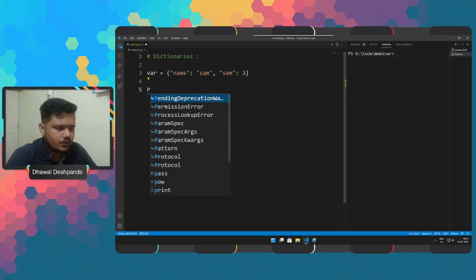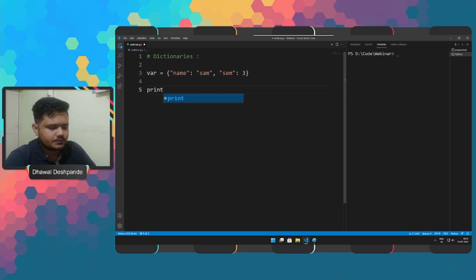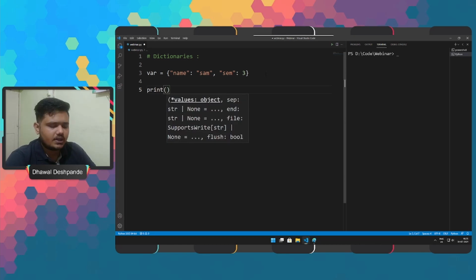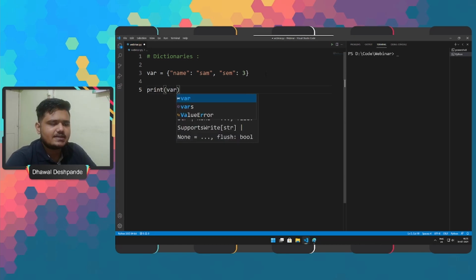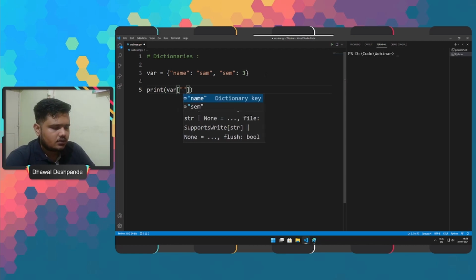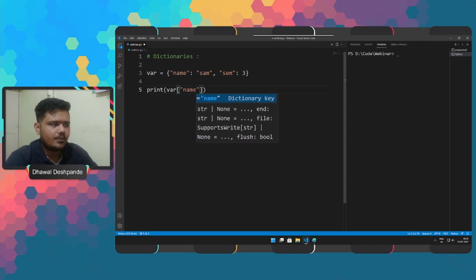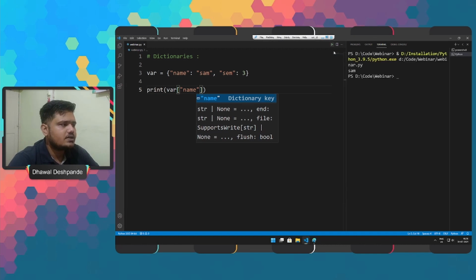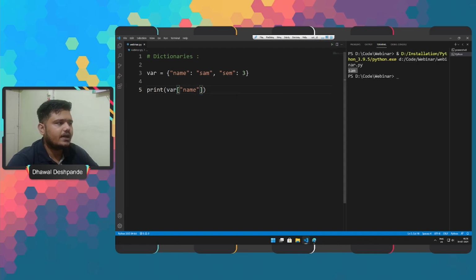So what we will do is print, and in this we will use var, as it's the name of the dictionary, then we will use name, and when we run this we will get the specific value for that particular key.